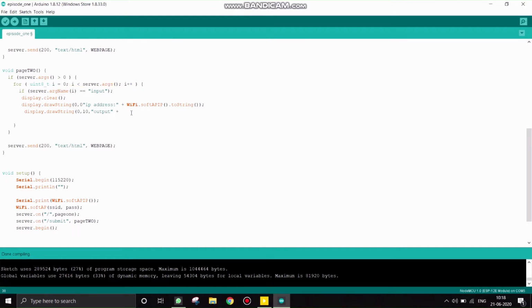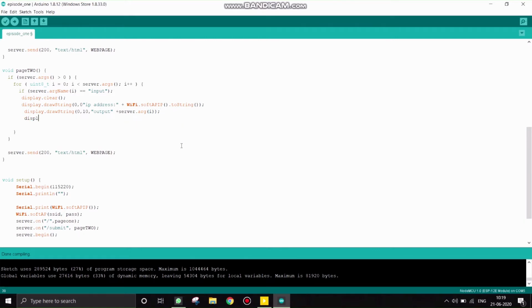As soon as the client gives the message, it will be stored in server.arg, as I explained in the previous video. So that output I want to print on the OLED screen, so in that output section I have included that. And then I will call display.display,